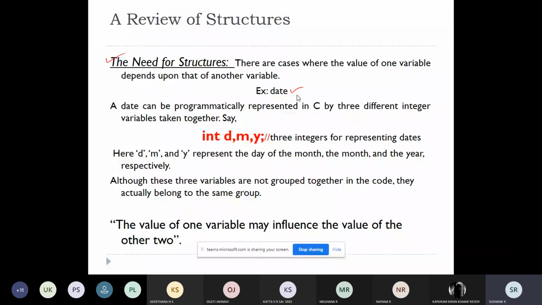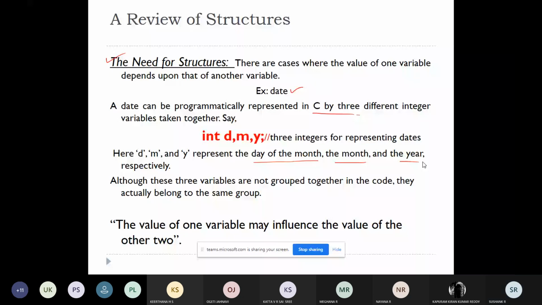In C you can represent it programmatically by three different variables: date, month, year. D will be the day of the month, M will be the month, and Y will be the year. So three integers for representing a single date.